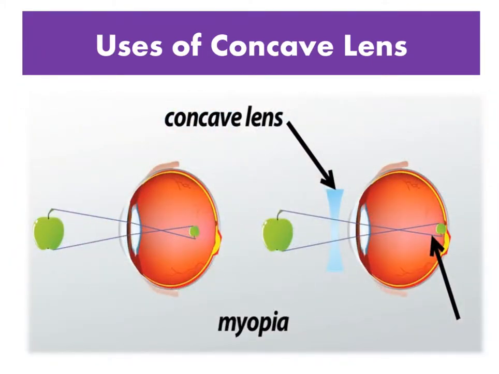Concave lens used in glasses. Concave lenses are most commonly used to correct myopia, which is also called nearsightedness. The eyeball of a person suffering from myopia is too long and images of faraway objects fall short of the retina. Therefore, concave lenses are used in glasses, which correct the shortfall by spreading out the light rays before they reach the eyeball. This enables the person to see faraway objects more clearly.